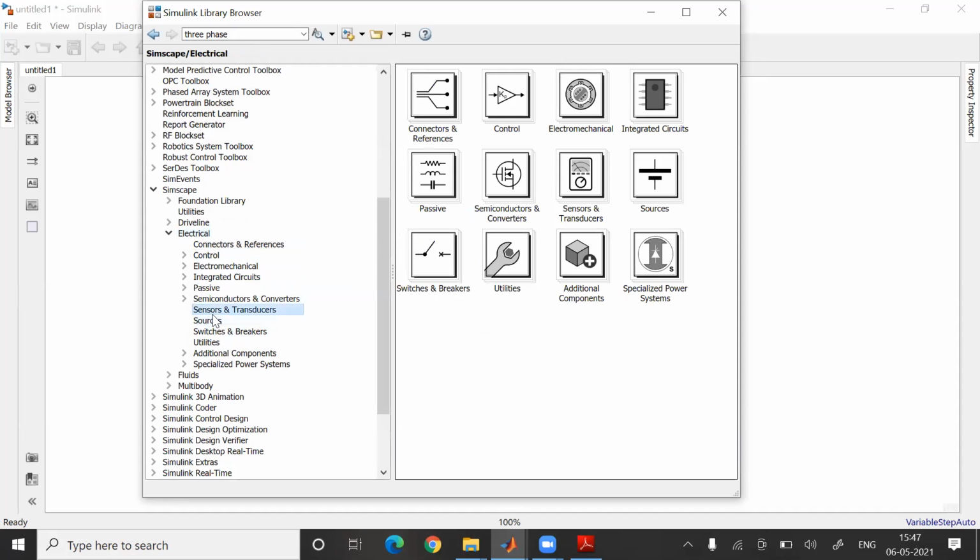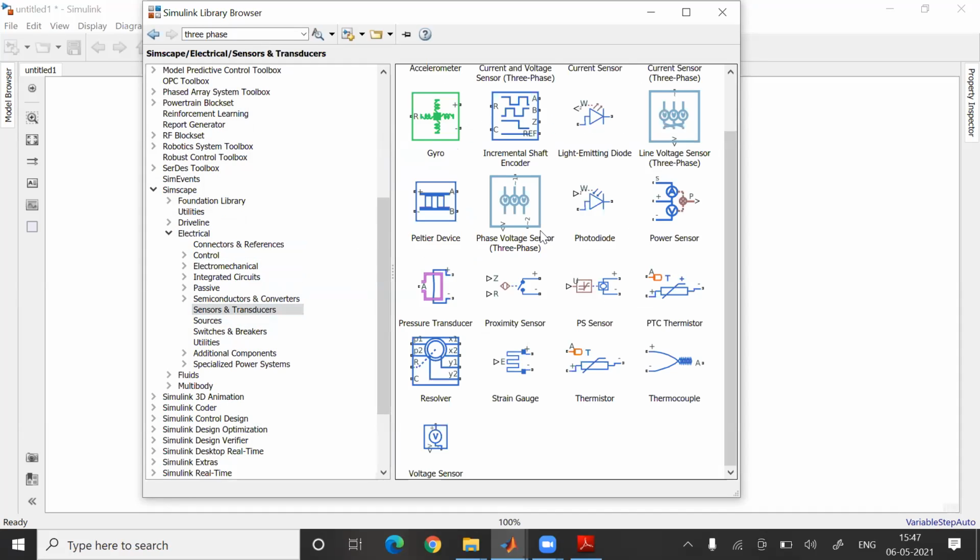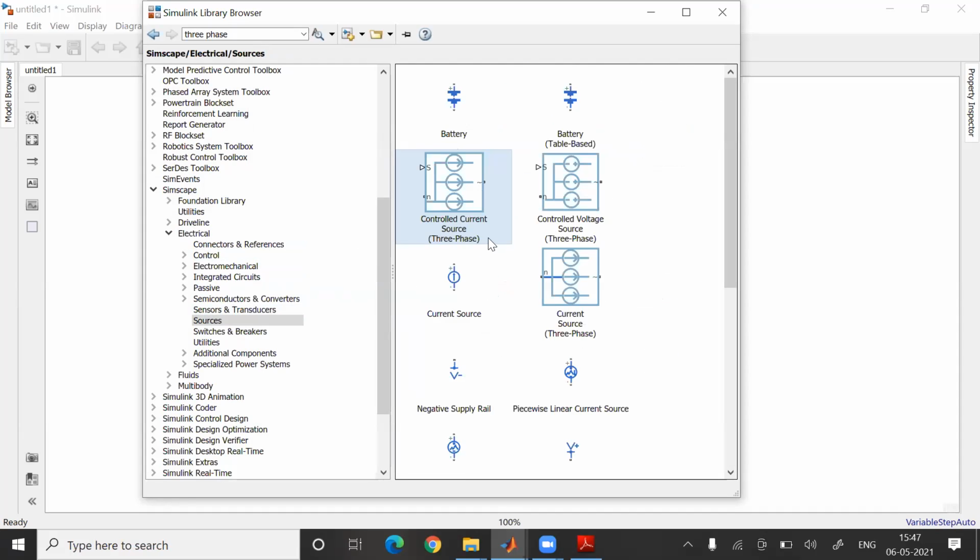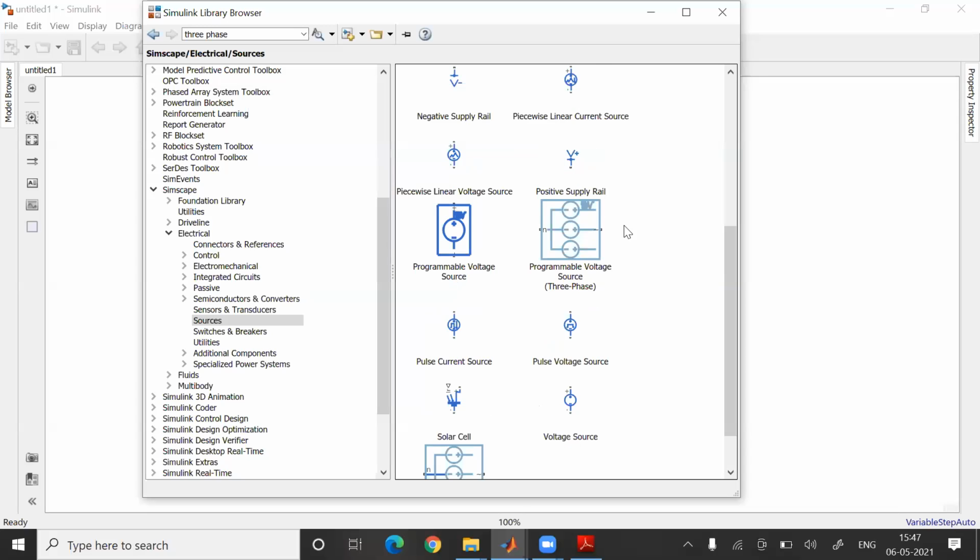We'll go to sensors and transducers. Okay, controlled current source 3-phase, controlled voltage source 3-phase. We don't require current. This is your programmable voltage source.